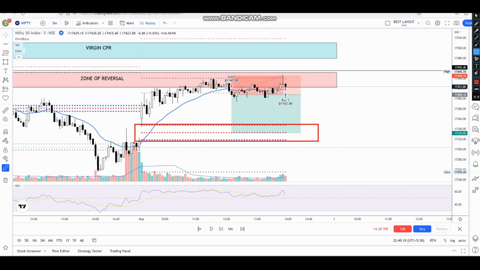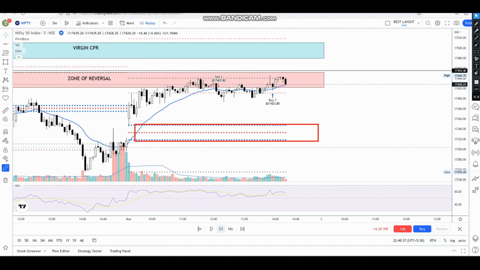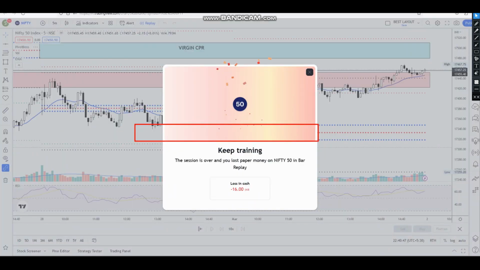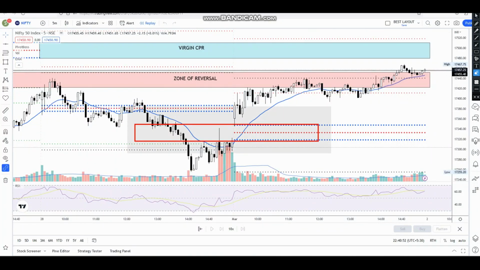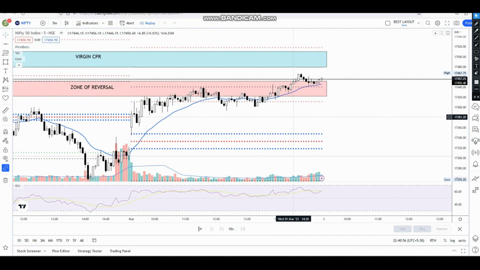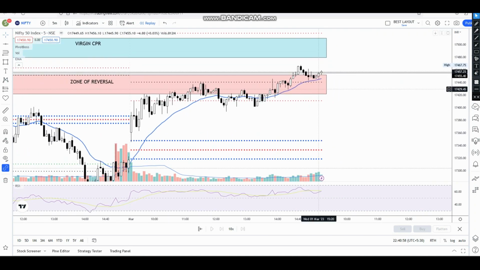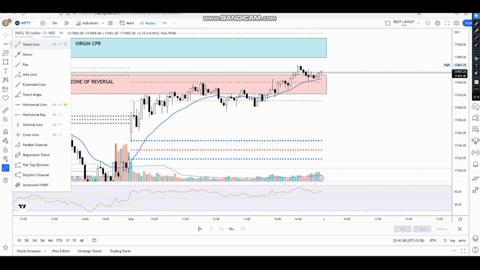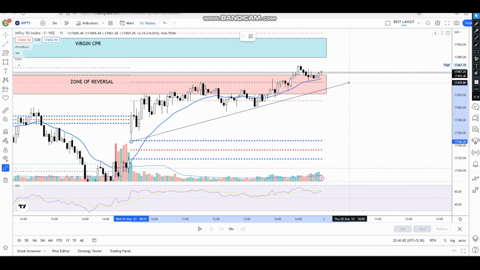So let's see whether we still have a chance of such a trade or the market ends on the higher side. So we can see that at the end of the day, we happen to take a small stop loss, and the entire day the market was very sluggish and had a slow momentum,